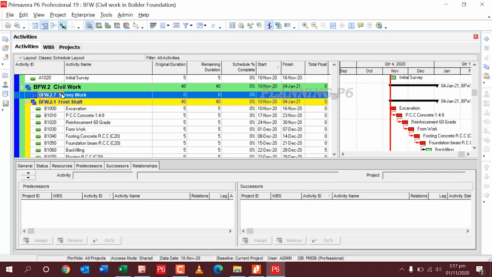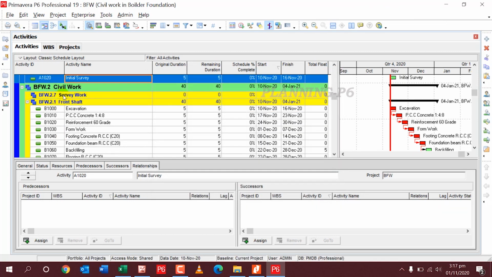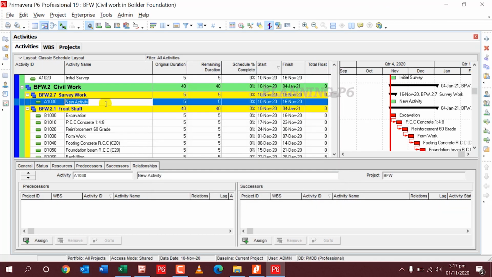Add here an activity with the name of layout for start of work.